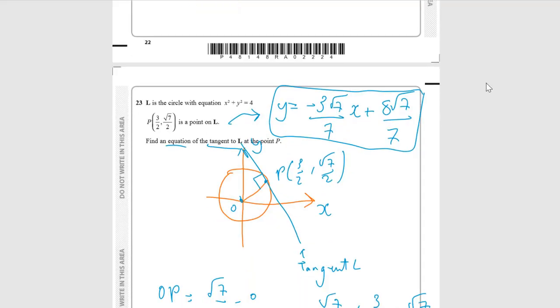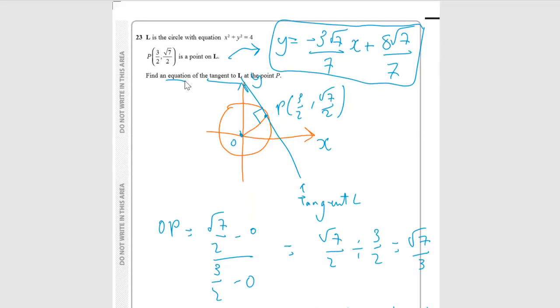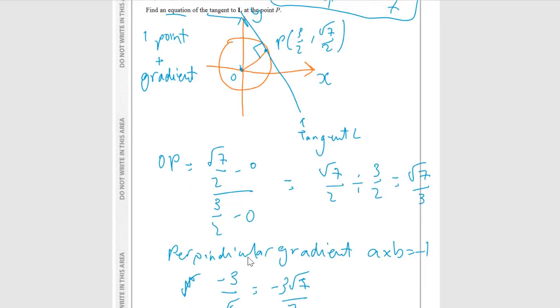So let's just go through that very quickly. We want to find the equation. We need to know 1 point plus the gradient to find the equation of a line. So we know our 1 point, which is P, which is given to us, and we know that this is a circle. So if we draw any circle, we know that the tangent is going to touch, and we're going to have this right angle formed between the tangent and the line drawn from the origin, from the center. And then we know that the perpendicular gradient